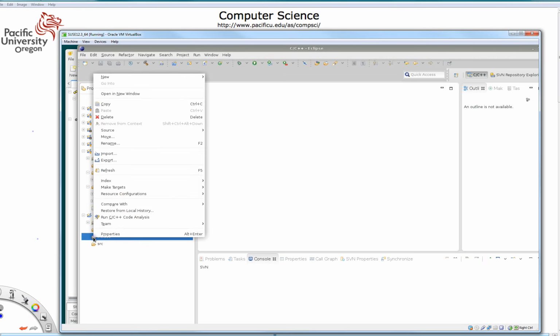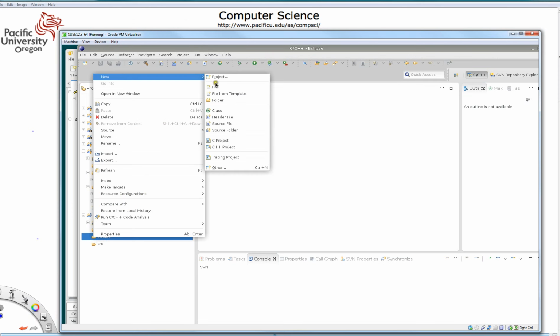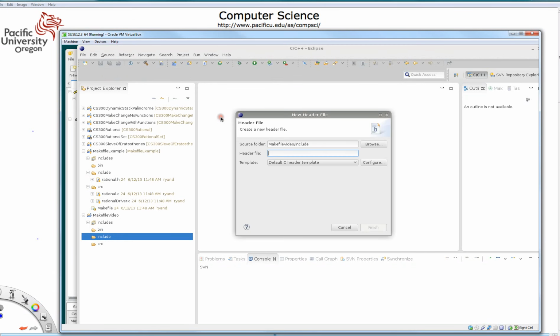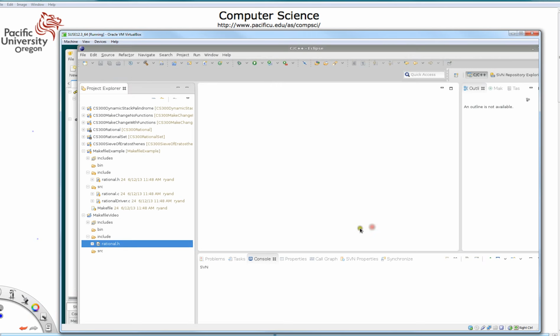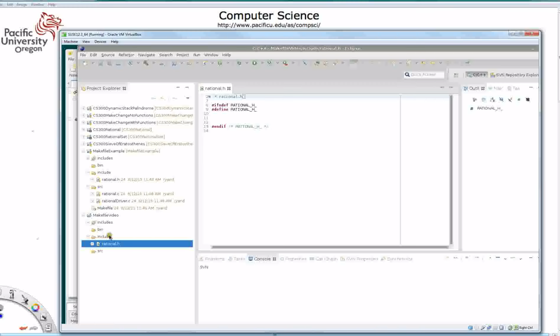And so first thing we'll do is we'll create new, and then now we're going to create a new, and in the include we're going to create a header file, which is going to be these .h files. And so the header file, again, because we're going to do rational numbers, we'll call it rational.h. So rational.h is going to go into include, and Eclipse has some predefined documentation,